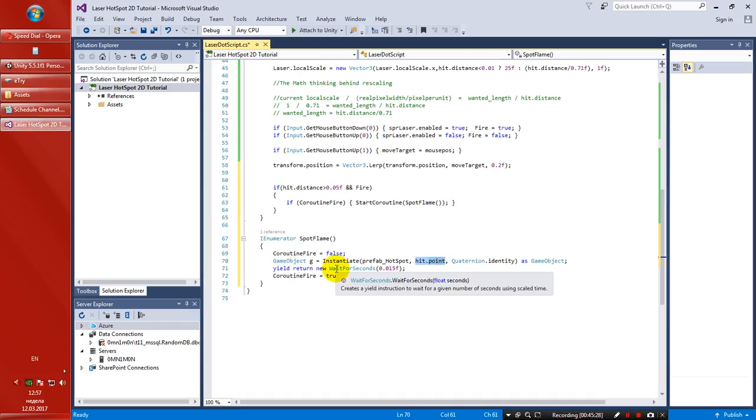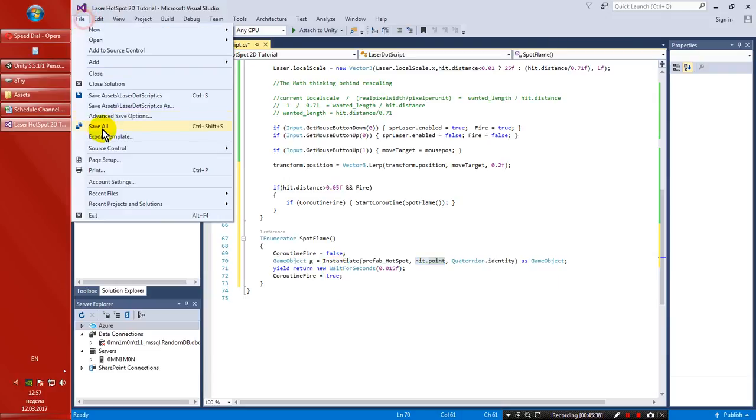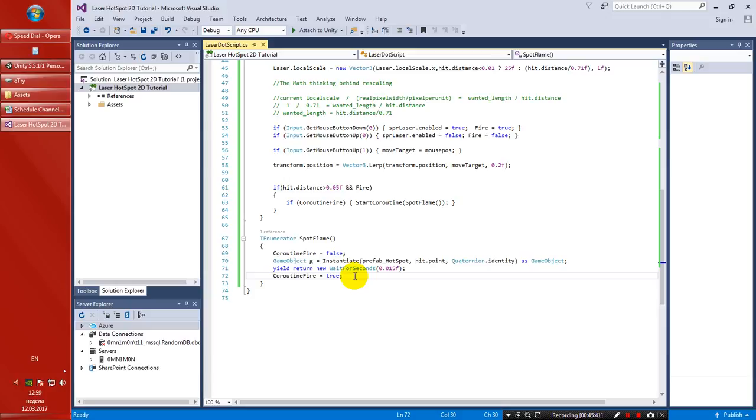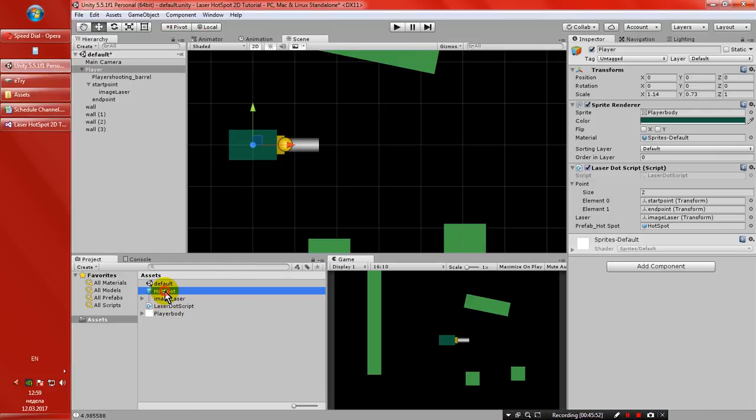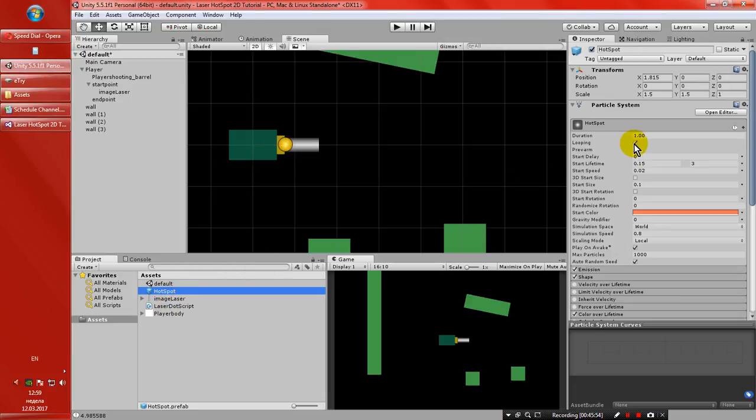So that's all you need to do for this script for now. Let's file and save. This is it for this script, but we also kind of need these hot prefabs, these burning flames, to die over time. Remember, because they are not set on